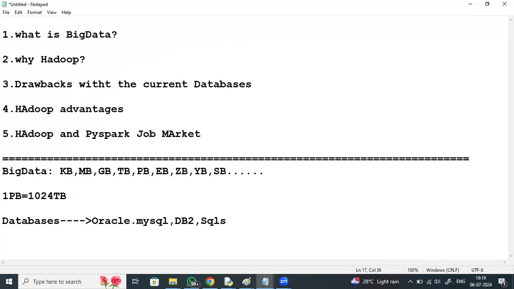These are all used for OLTP, online transactional processing, that is day-to-day operations.